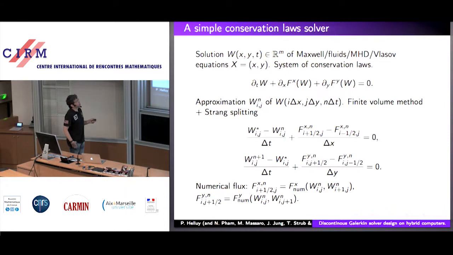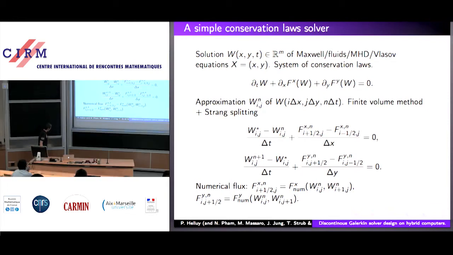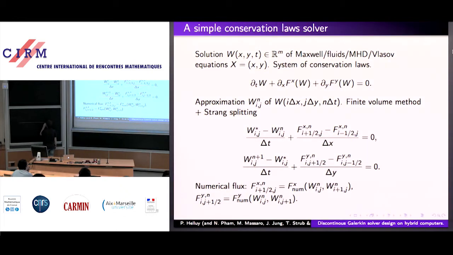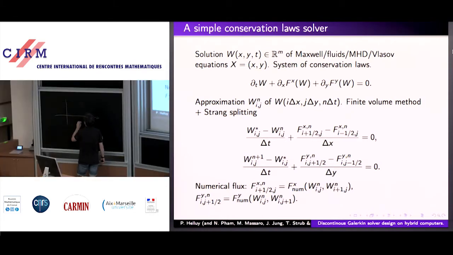Here, you have to introduce a numerical object, which is called the numerical flux. So the numerical flux at, maybe I will do a little drawing here to set the notation. So you have a grid. I draw it only in one dimension because it's the same in the two directions. So you have here cell I. And here you have point x, i plus 1/2. Here it's x, i minus 1/2.